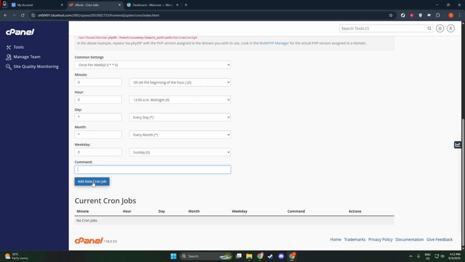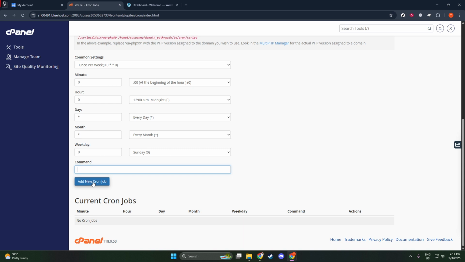relatively lightweight. As you set up the timing for the cron job, you'll see options broken down into minutes, hours, days, months, and even days of the week. This granularity lets you tailor the schedule precisely to what suits your needs best. For many general maintenance tasks, a frequency of every 15 minutes strikes a balance between effectiveness and performance. However, if you're unsure, consulting with your hosting provider can often provide valuable insights specific to your server setup and